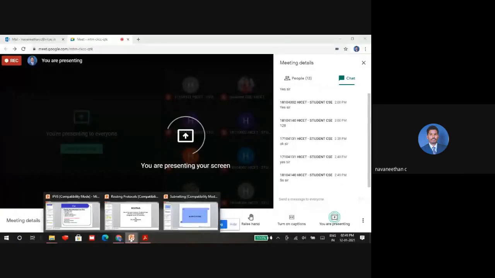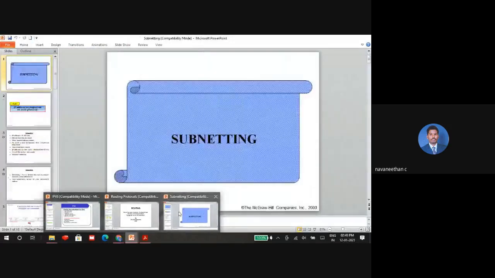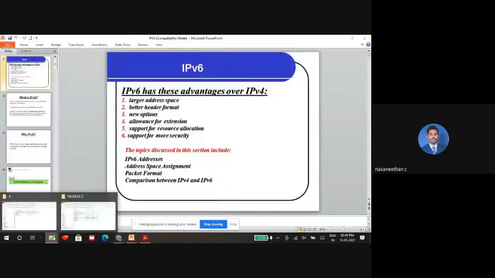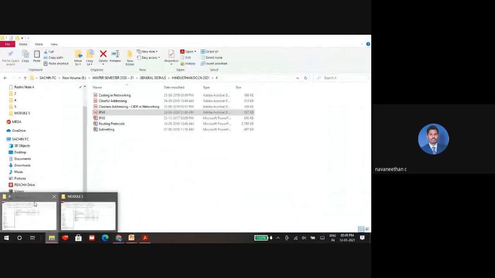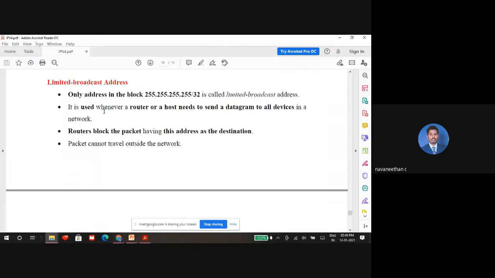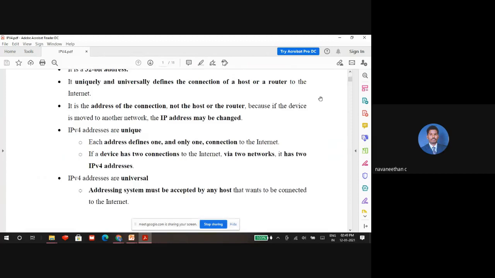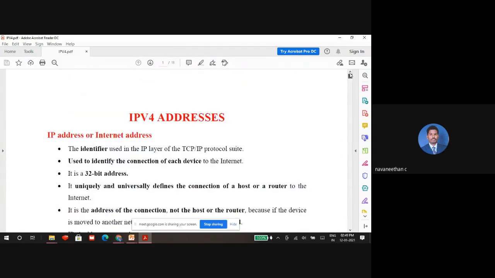Next, we move on to IP. First, we'll go for IPv4. Next, we'll go for IPv6. I think you might have already studied IP in more detail, so here I have just cut it short. I think all the tasks with respect to IP.